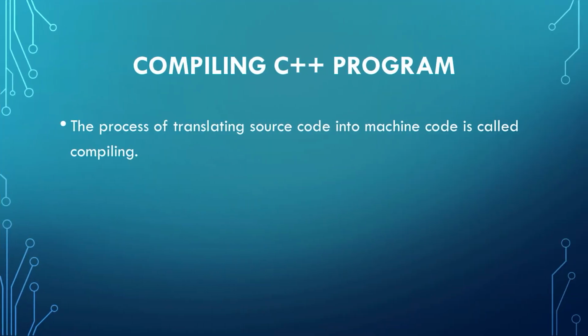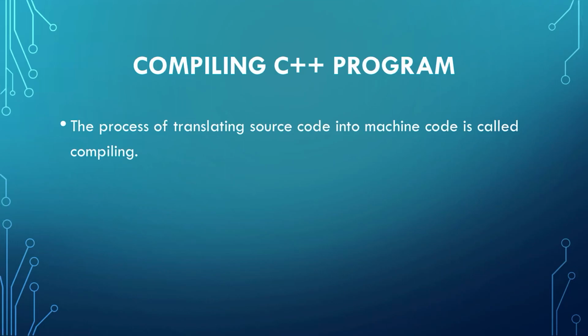Next is compiling. Now we already know that the process of converting source code into machine code is called compiling, and this is a very necessary step. This is why we are using a compiler actually, because the source code must be converted into object code, otherwise we cannot run our program. So the source code of the program is written by following the rules of the programming language. In this case, it would be C++. The source code is not understandable by the computer. The source code must be translated into machine code before running on the computer. Therefore, we are working with compiling.